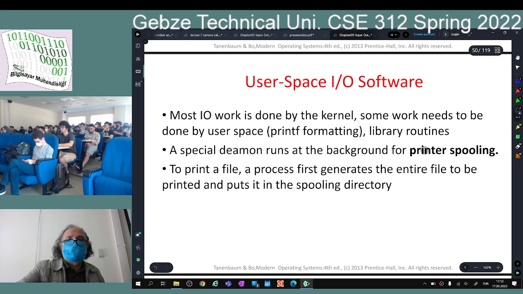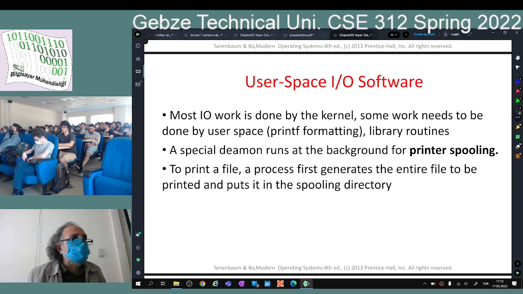We talked about printer spooling. There is a special process that keeps running. It is called the printer spooler, a special daemon. It just sleeps, and whenever you need to print something, you communicate with this special process and tell it that you need to print a file. So it's a typical